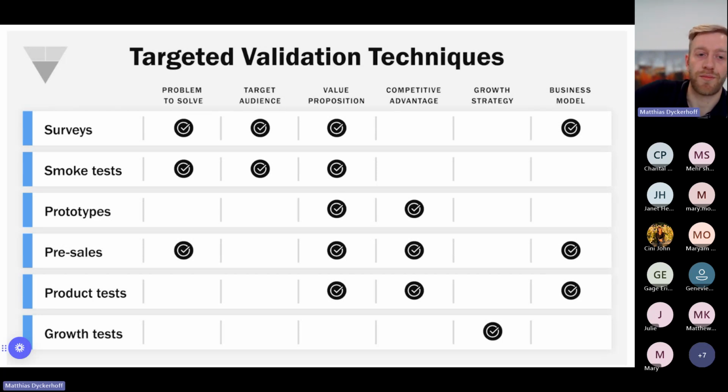As you move down to the right, you can leverage prototypes. Product tests and growth tests are sort of later stage if you're looking to expand your product and optimize. The growth test would be around, okay, what if we change the copy of the website? How does that affect the conversion rate or the checkout rate for the products, right? Or if we change some of the design or the functionality of the application, how does that affect our key metrics around retention and monetization of customers, right? So this is a good matrix that helps you see, okay, which tests may be most appropriate for me given which stage of the business I'm in.